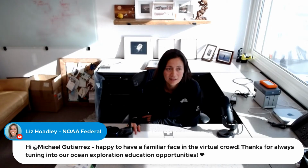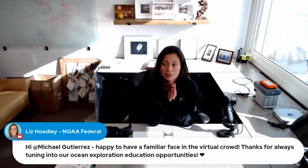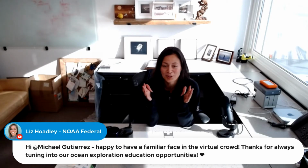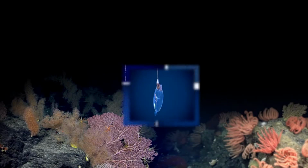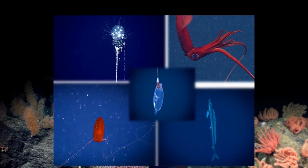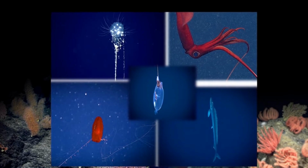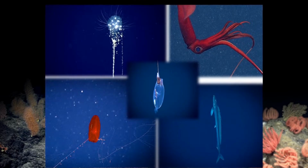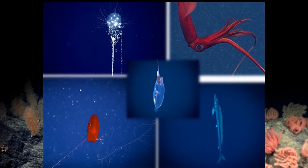And I think the other important thing is that this ecosystem, this place, the water column or the ocean's midwaters, is what I call kind of connective tissue that connects the sea surface to the sea floor. This is a place where we see lots of diversity, lots of variety in life. You're seeing images right now of squids and ctenophores and other gelata, and there's a lot that we don't know